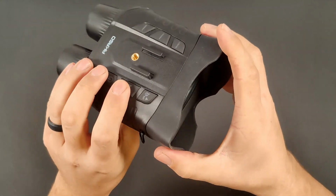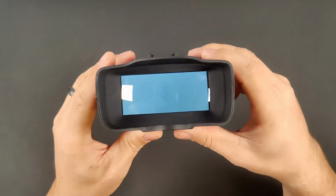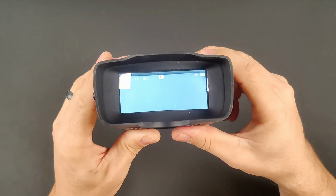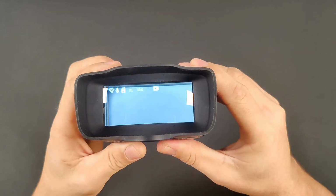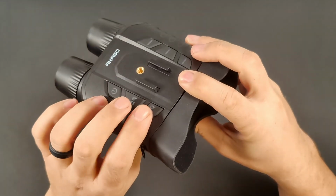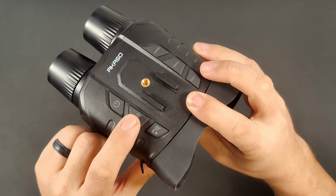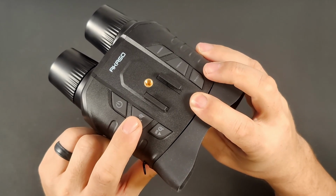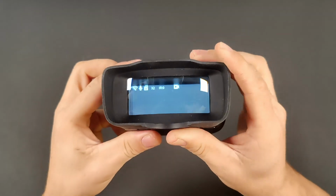So what we can do now is I do want to adjust it. So we're going to go ahead and press the mode button. We're going to long press. There we go. It kicked into infrared. So now if you want to, you can press, and we're going to use these two buttons here in the lower left to navigate. So if we do a quick press here, it will increase your zoom or zoom in. This will zoom out. But if you long press,